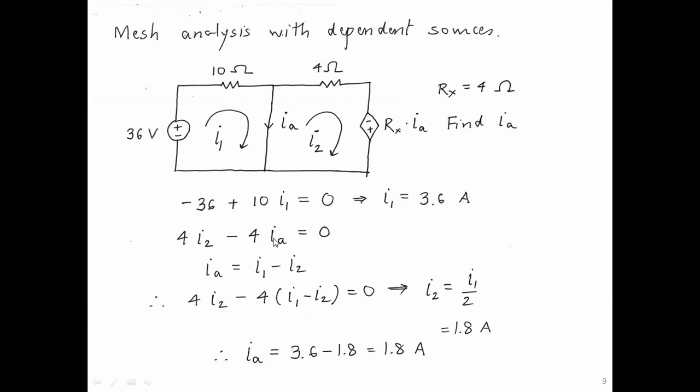But we need to write IA in terms of mesh currents. How much is IA in terms of mesh currents? It is I1 minus I2. So we say IA is equal to I1 minus I2, and we substitute that here. So we can solve this for I2 because we already know I1. So we get I2 equals something, and we can find IA and everything else about the circuit. Alright, so this is all I'm going to discuss on mesh analysis. There are other types of dependent sources, etc. You will solve them in your homework. If you have problems, you come back and we'll discuss them.